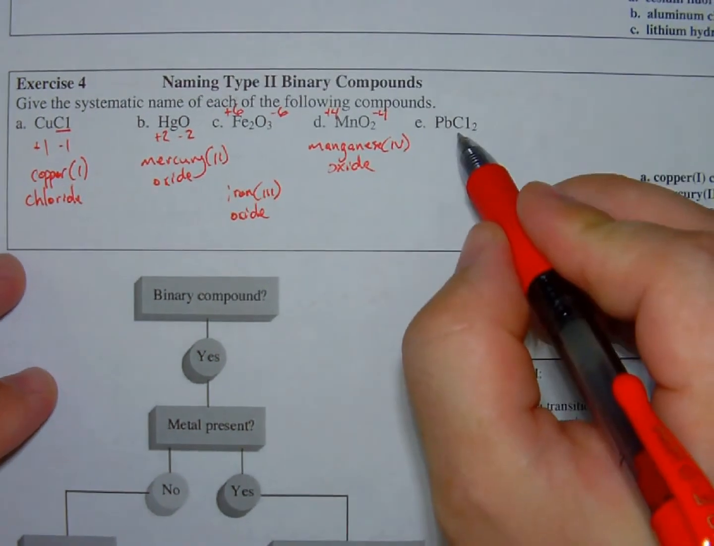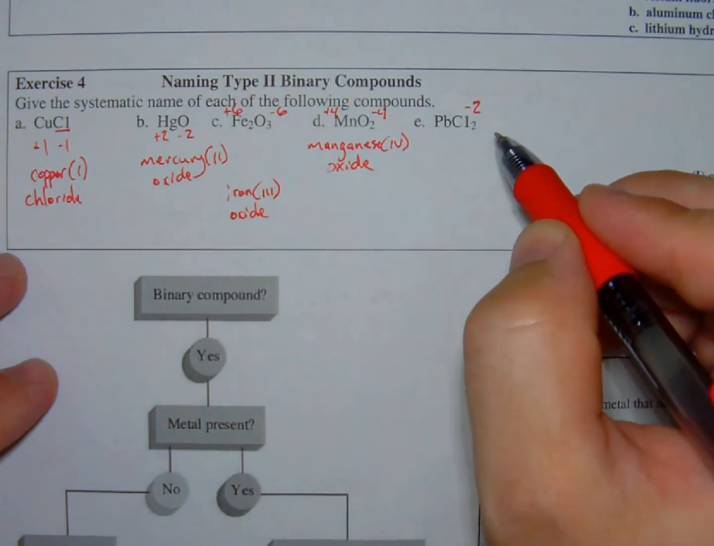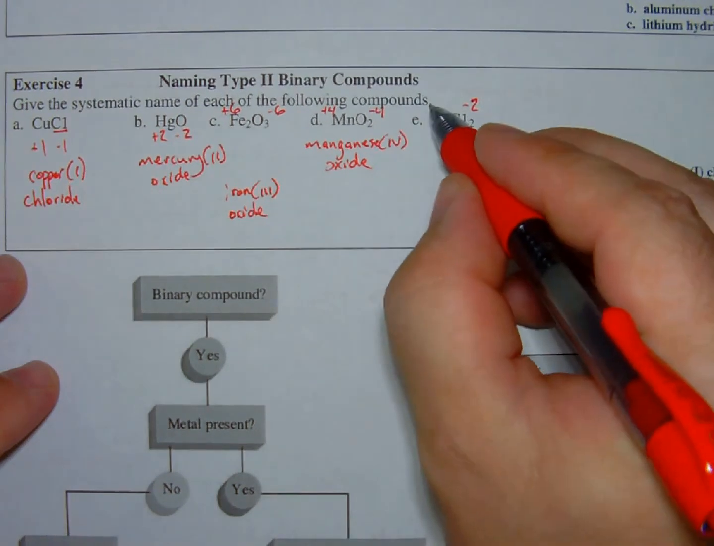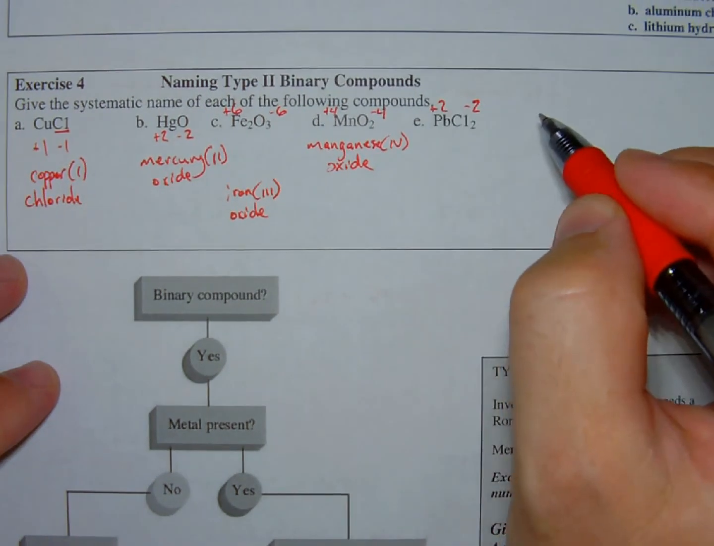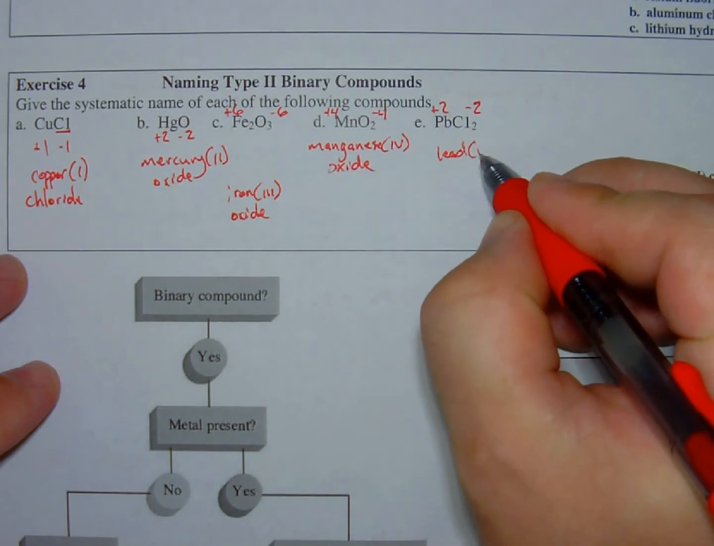And then lastly, chloride has a -1 charge. There are 2 of them, so that lead has to balance out that with a +2. There's only one lead to do that, so it's going to be lead 2